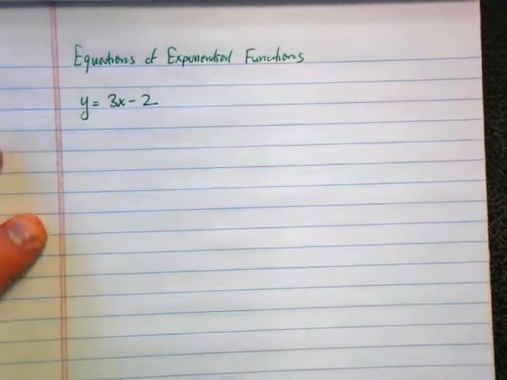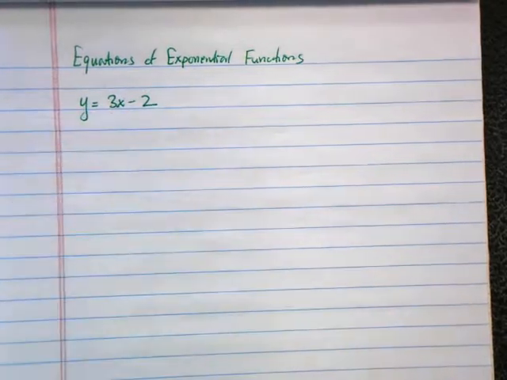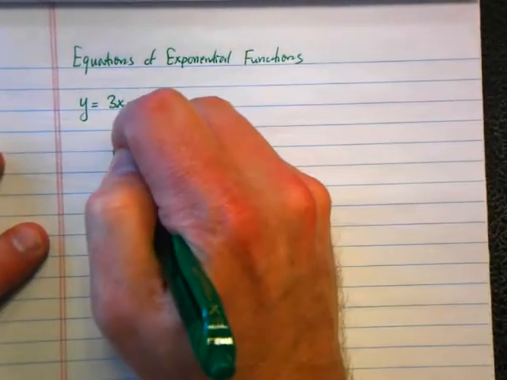Let's say I gave you that function, y equals 3x minus 2. You should immediately tell me that's a linear function. Why is that a linear function? There's no squared, there's no cube, there's no square roots, there's none of those things. Everything has power 1. If I build a table,